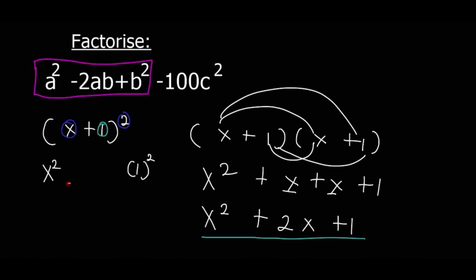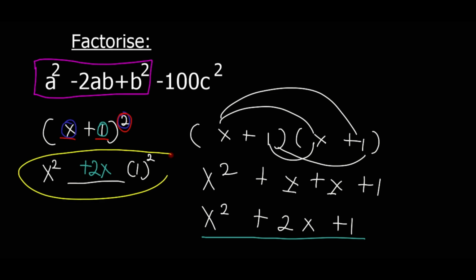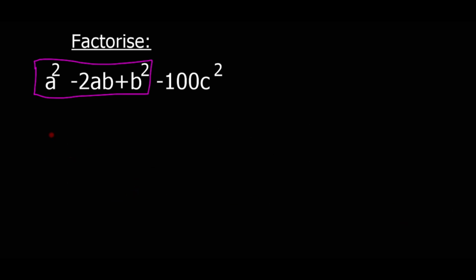And then when we want the middle term, we take our exponent, 2, times this term and this term. This means 2 times x times 1, so 2 times x times 1 gives us 2x. So you can see that we have the same thing. This one is the same as this one because 1 squared is 1. So you must recognize that these first three terms are a binomial, because they gave us something like this one,